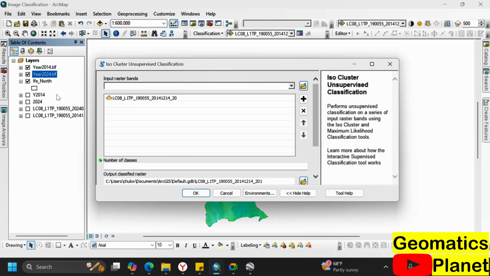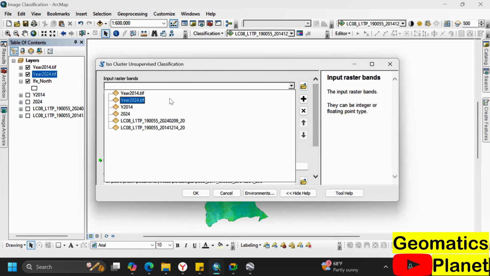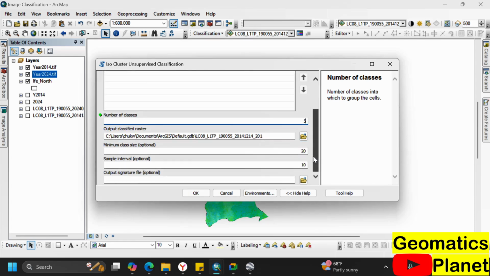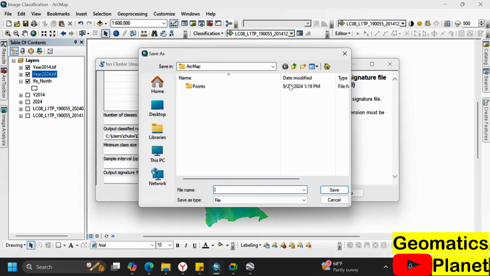When you look here, we are going to open up and start with 2014. So I'm going to remove this and we have 2014. Now we agree that we are going to classify it into 5 classes, so we put 5 here. Leave these by default. If you want to output the signature file, you can, like let's go home and we will say